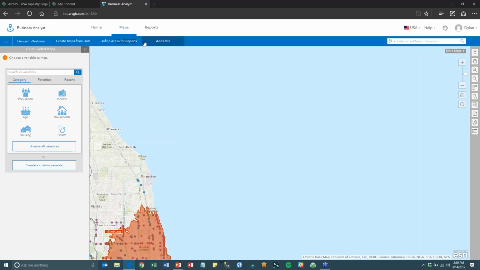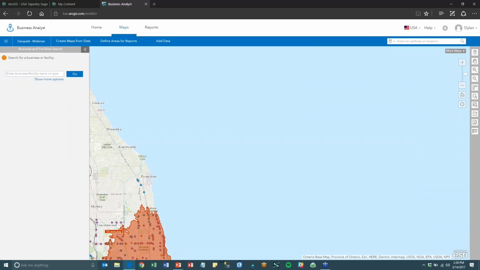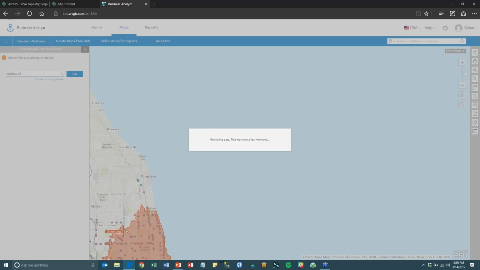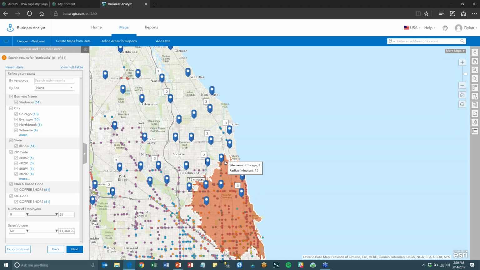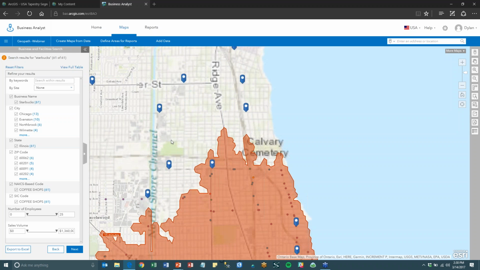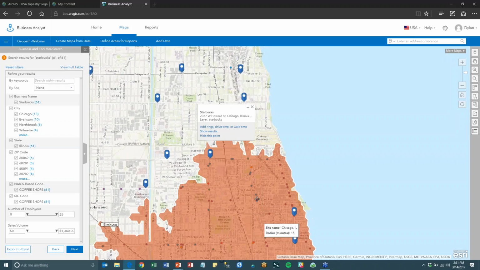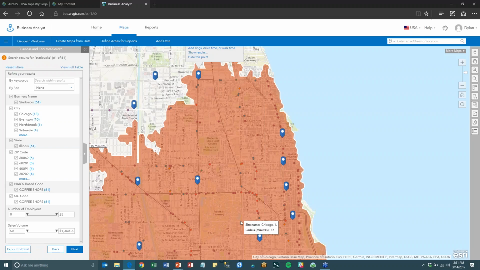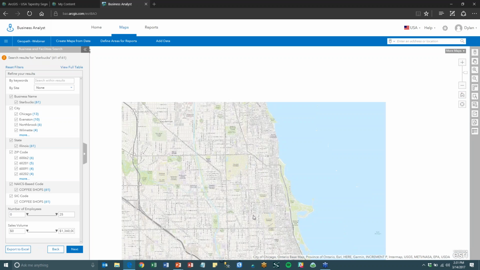You can also look for retail locations. Let's look for Starbucks. So here's all the Starbucks locations in the Chicago area. Say you want to find inventory that's within a certain distance of those Starbucks locations. Again, we have the location components now to put our members' inventory in relationship to